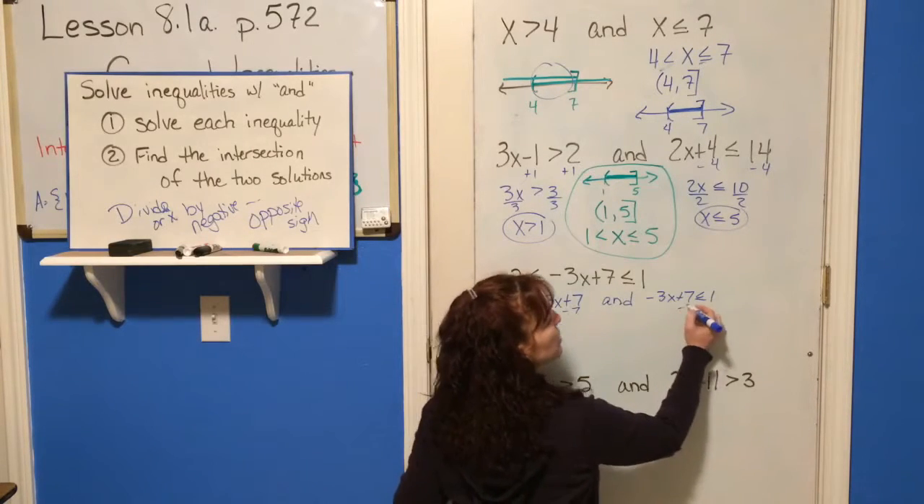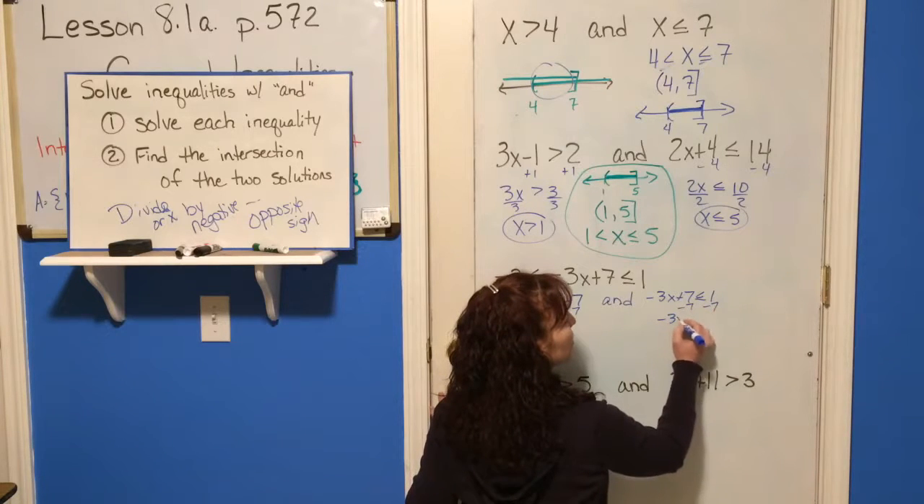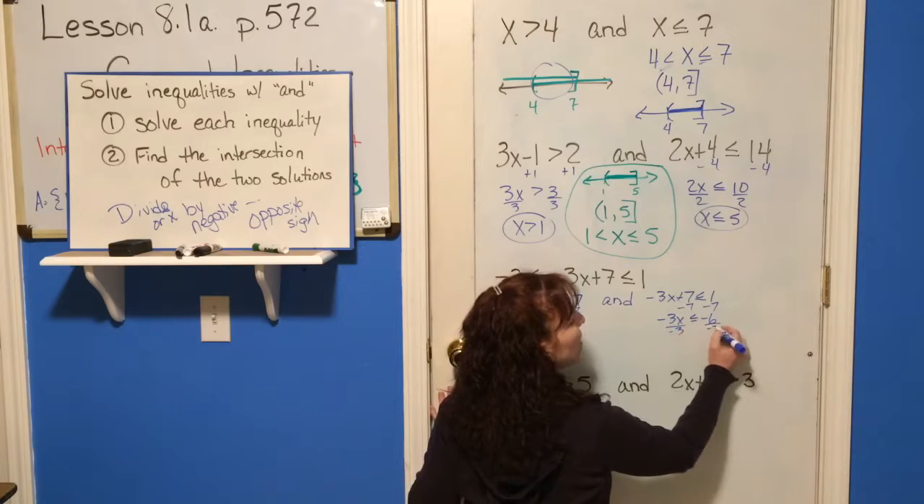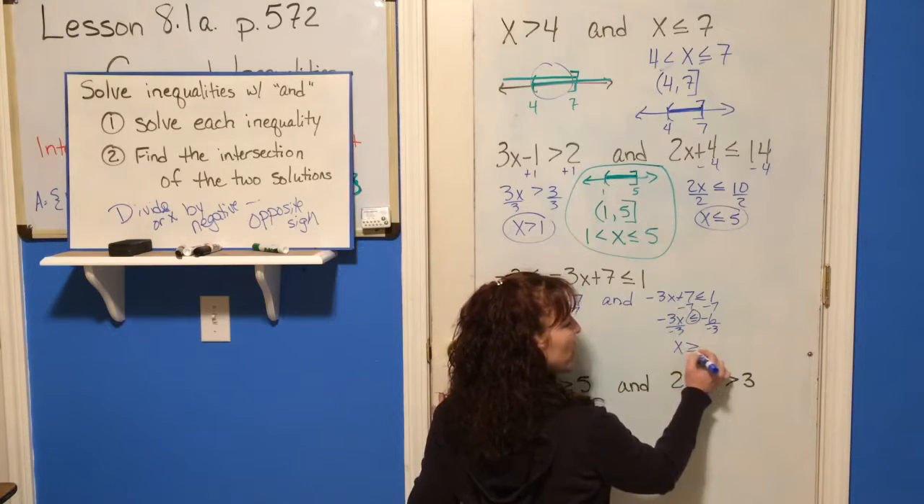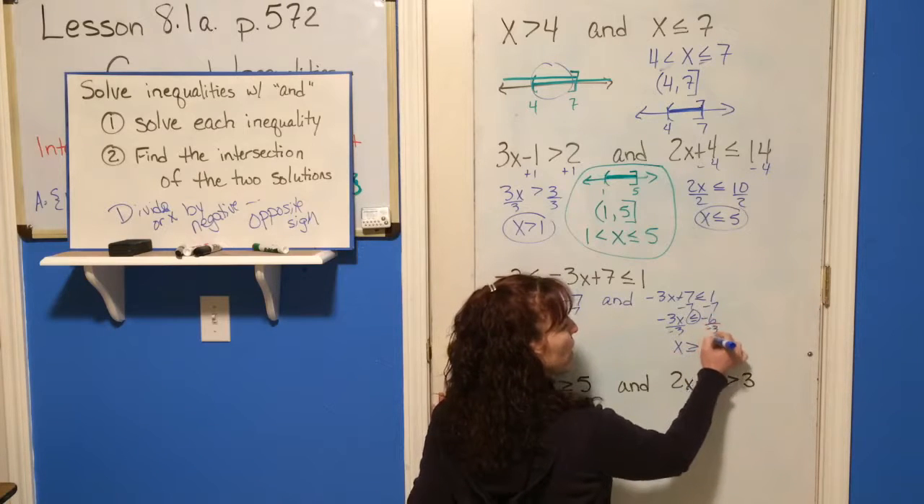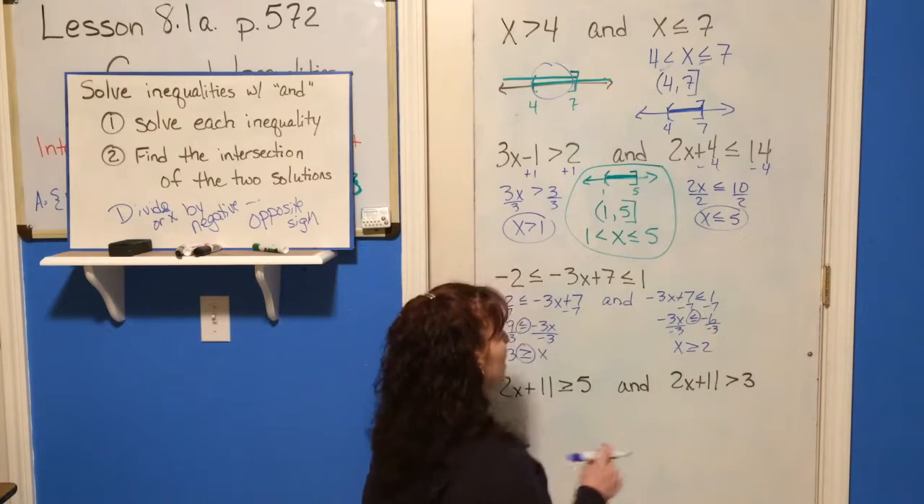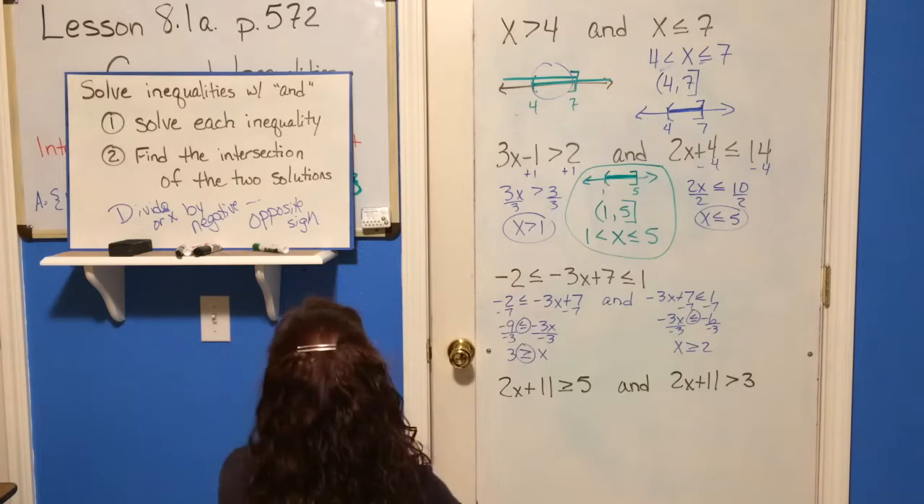And subtract 7 from both sides. -3x is less than or equal to -6. Divide by -3. I'm dividing by a negative. So again, x is greater than or equal to +2, because negative divided by negative is a positive. All right, so now,